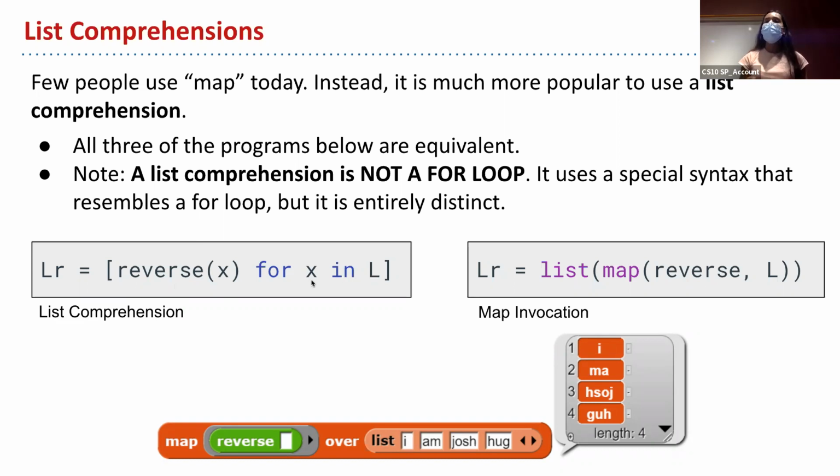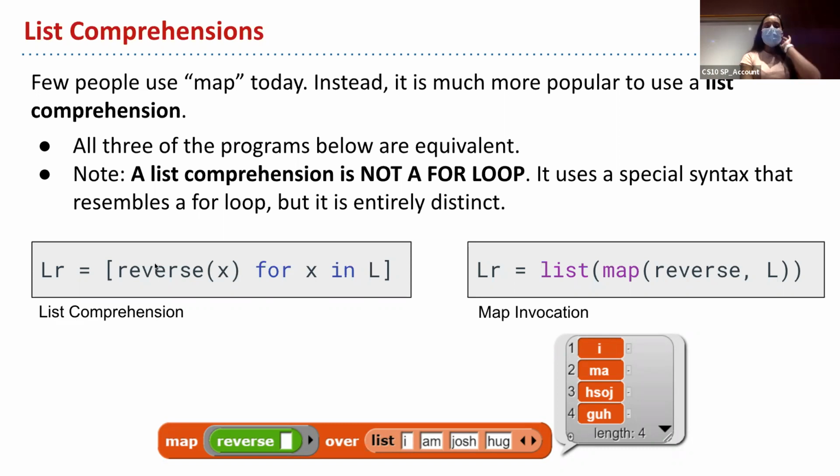And X is kind of just a placeholder. It's just a variable name, so you can actually call this whatever you want. You can call it element, you can call it number. But the important thing is whatever you call it here is what you have to call it right here so that it knows what to call it on. Does that make sense? So it's kind of like this variable is getting assigned one by one to the values in L, and then this function is going to be called on it, and this is going to output a